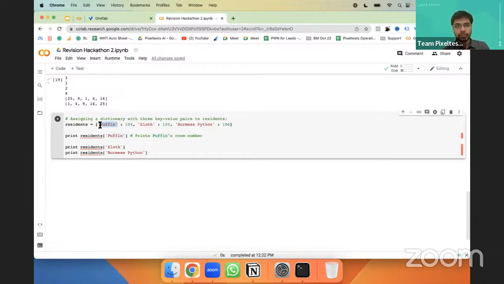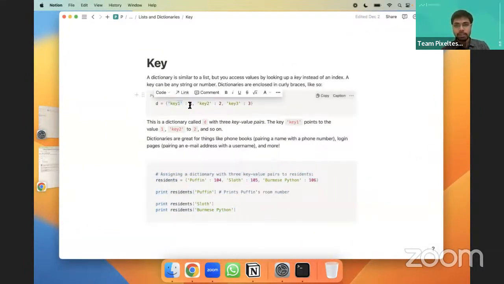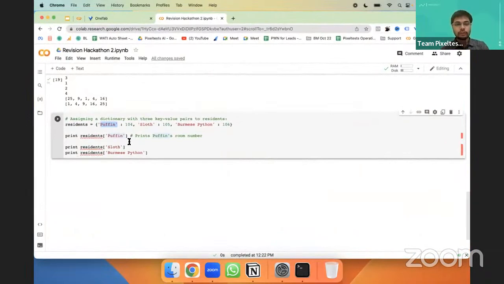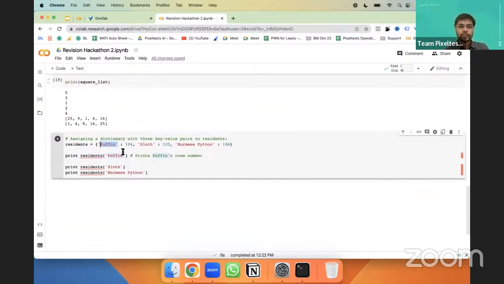Okay, so now we have written puffin here. This is the key, and this is the value. So instead of trying to access by index, you can access by key, right? Key as in, so now if you do not know if 105 is in second key or third index or something, you can identify by key.